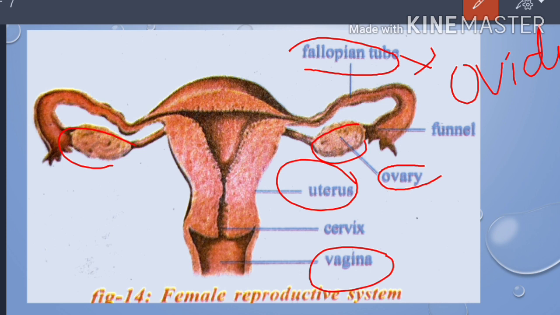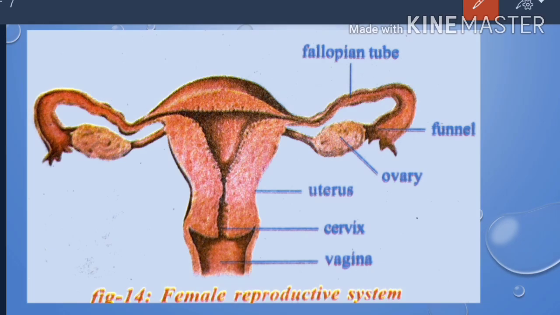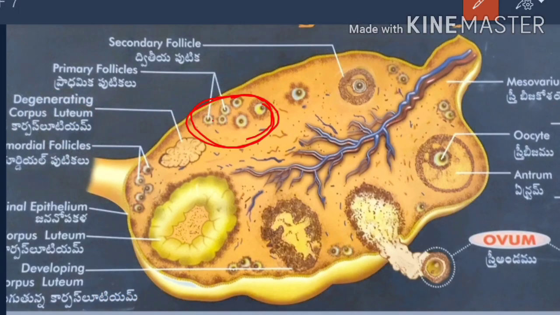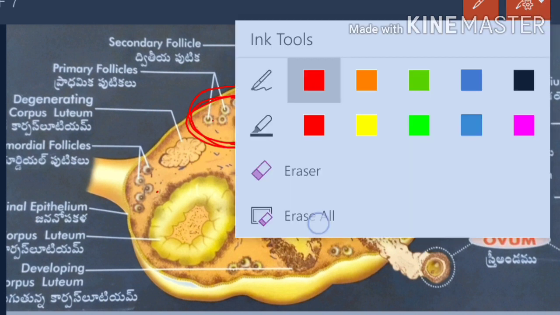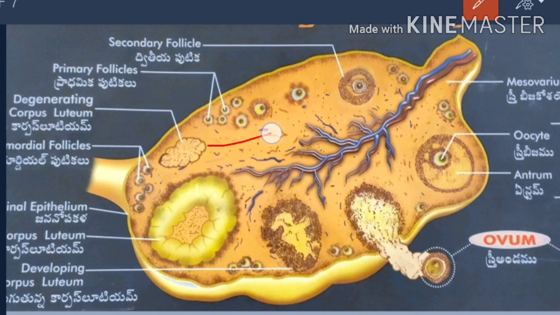A pair of ovaries is located in the abdominal cavity. Inside the ovary there are tiny cellular structures. These cellular structures are called follicles, or Graafian follicles. At first they look like bubbles in the ovary. As the days go on, the follicle develops. Along with it, it develops a cavity, and the cavity is filled with fluid.